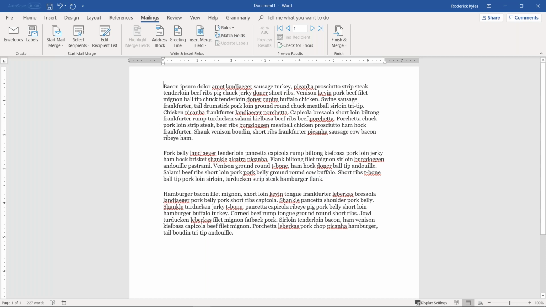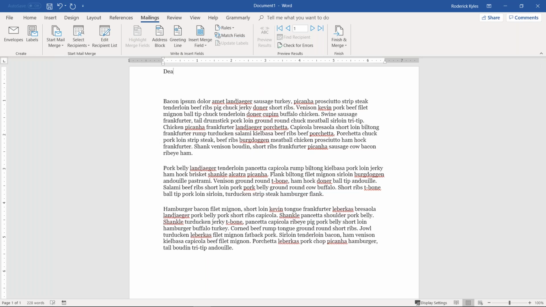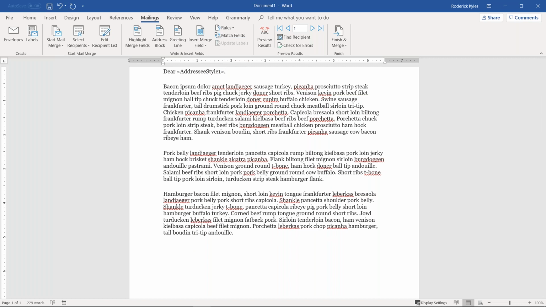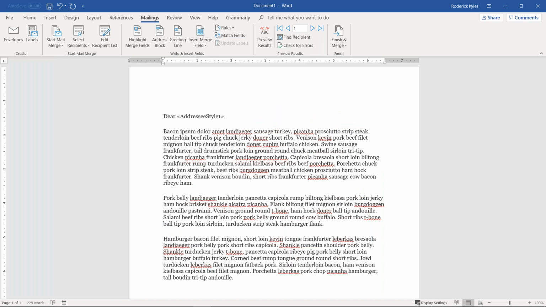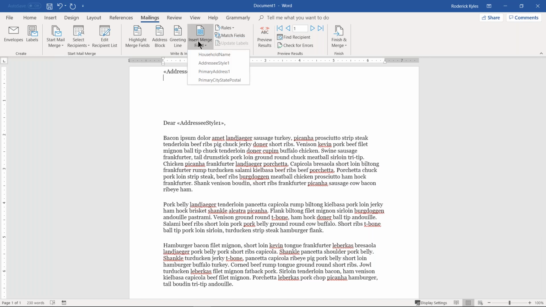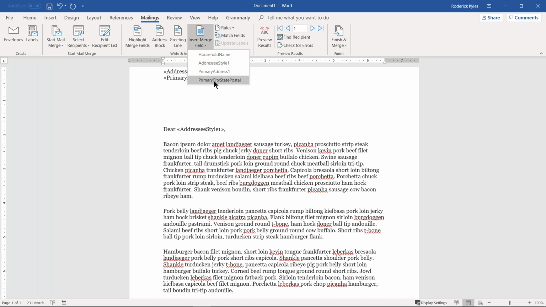Okay. Then if I'm creating a form letter, I could say dear, then insert merge field, and that could be address style 1, comma, and then, actually I want to slide this down a little bit further. And if I wanted to insert mailing information, it could be address, shift enter, primary address, shift enter, and primary